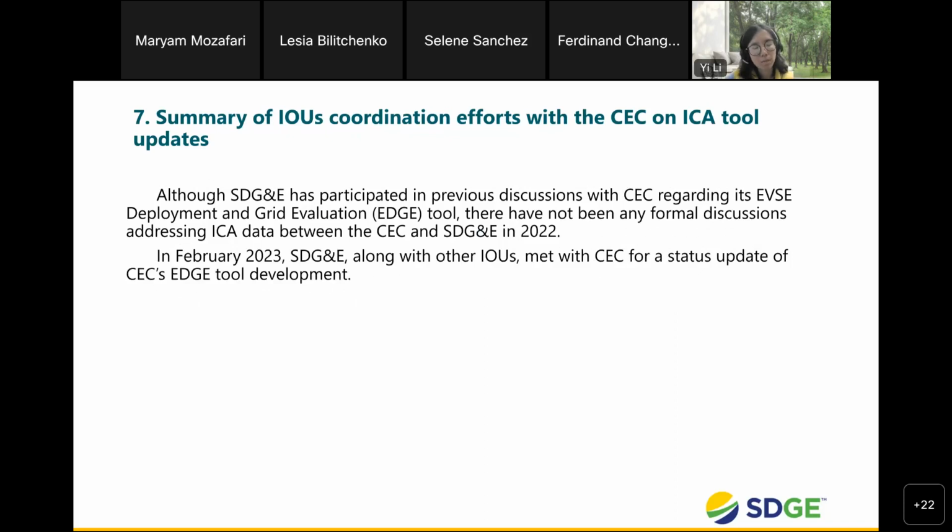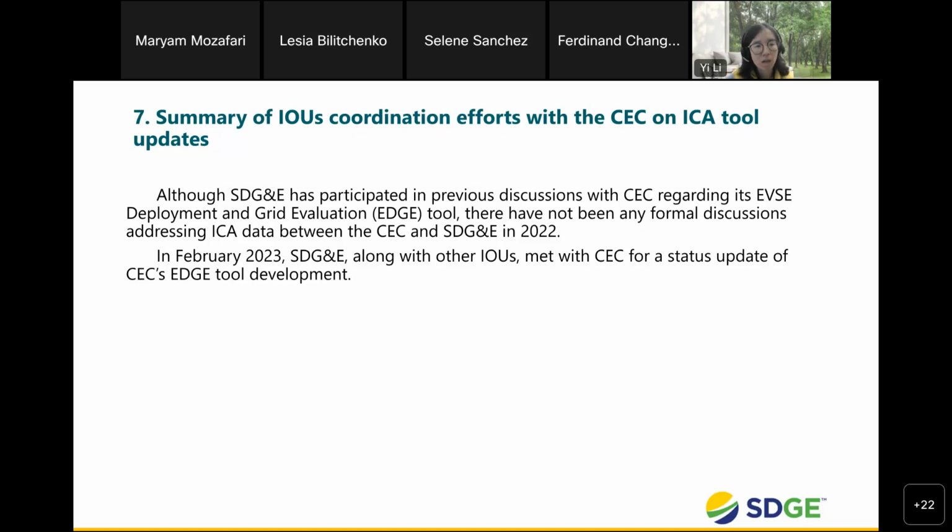Coming on to the last component of the annual report, we're covering the summary of IOU coordination with the CEC on ICA tool updates. As listed in our annual report we filed in 2022, as of 2022, we haven't really had any formal discussion addressing ICA data in the year of 2022, although we did participate in previous discussions with CEC regarding the Edge tool as they were trying to interconnect the ICA data into the Edge tool as the